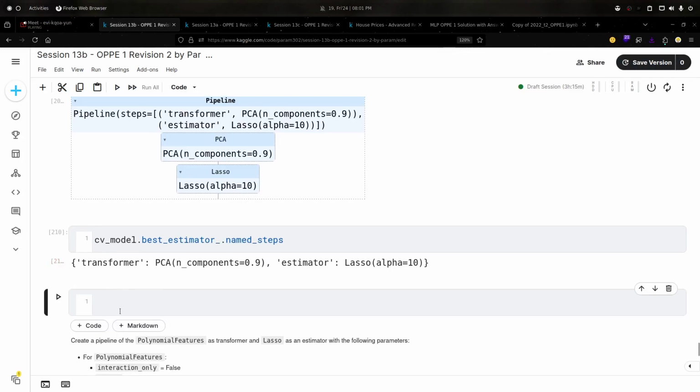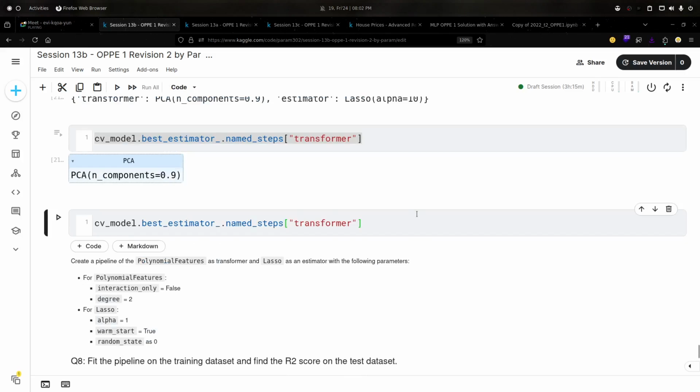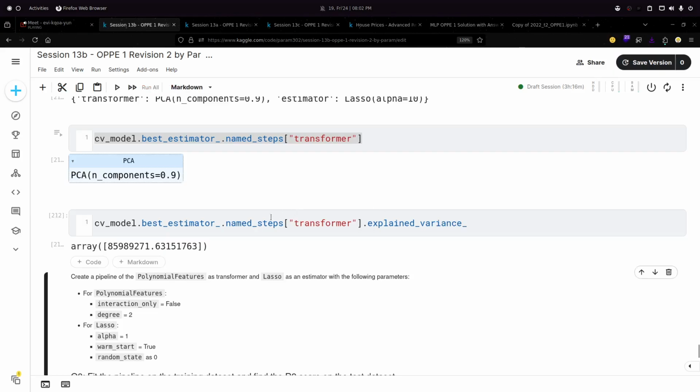And then what we will do is, let me copy this code. And now I want this PCA class. What I will do is I will simply write transformer, which is the key for this class. So I will get this PCA. Now I have this PCA. Now I want the variance explained by it. So there is an attribute in the PCA, after applying the PCA, which basically represents explained variance, which basically gives us the list.